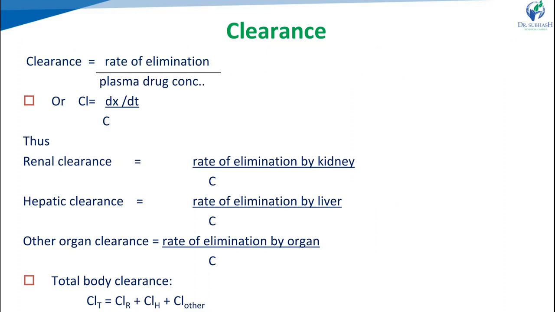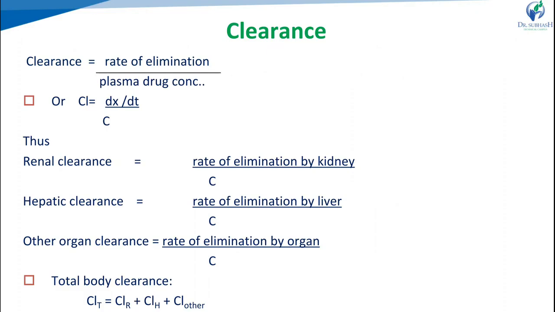And the next terminology is total body clearance, the summation of renal and non-renal clearance. The equation for renal clearance is the rate of elimination by the kidney divided by plasma drug concentration. For hepatic clearance, it is the rate of elimination by the liver divided by plasma concentration. And for the other organs, other than renal and hepatic, it becomes the rate of elimination by the other organs divided